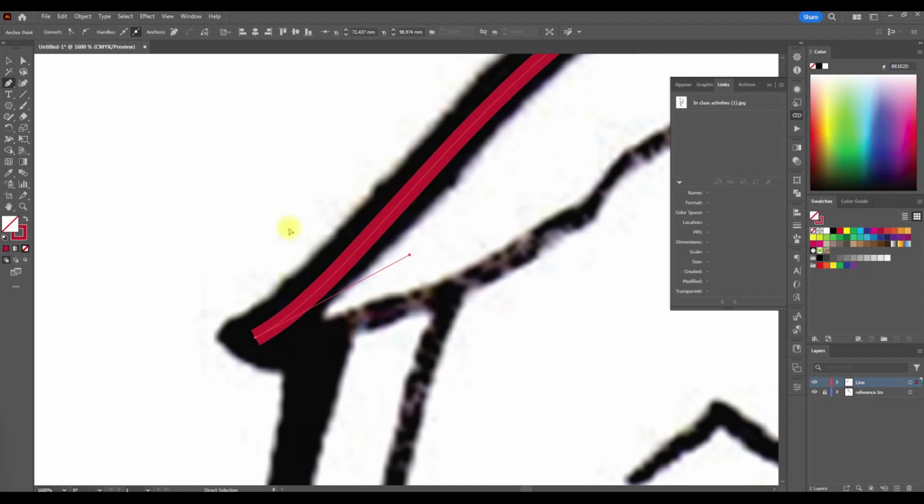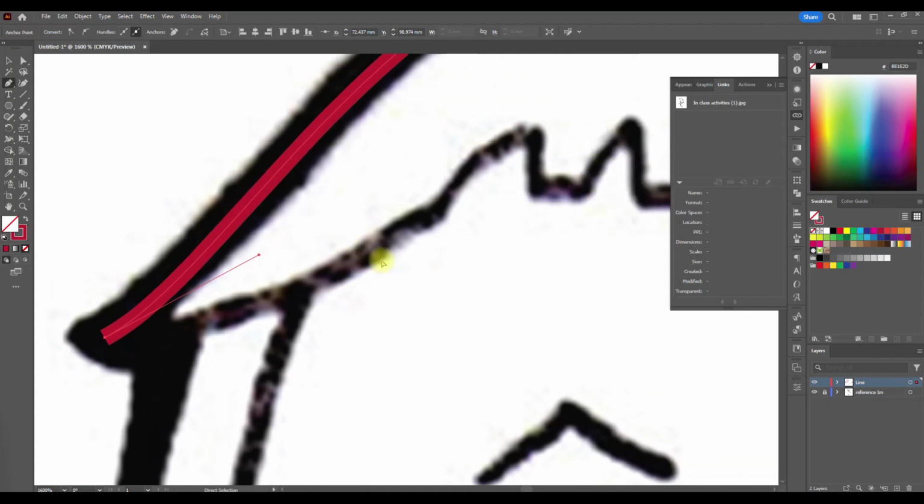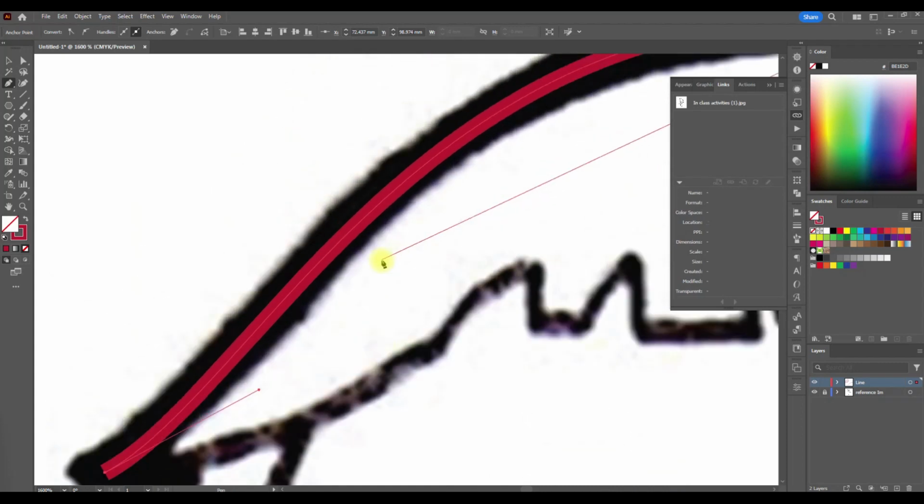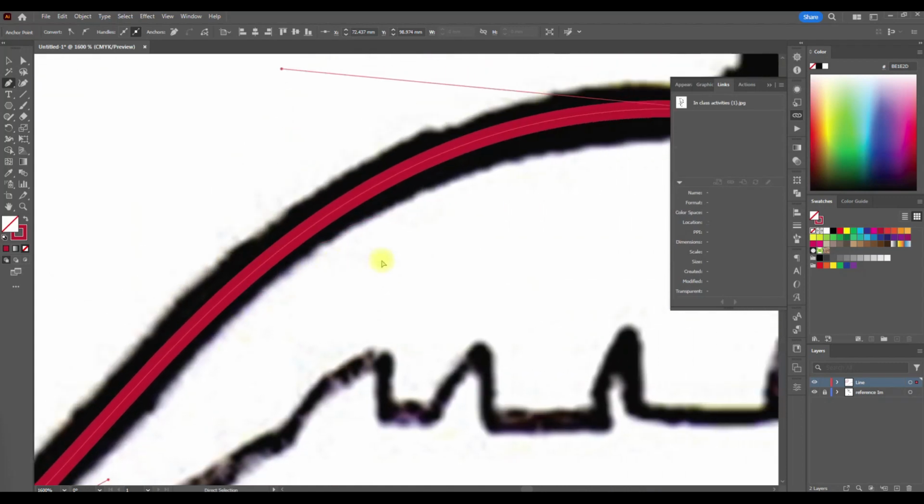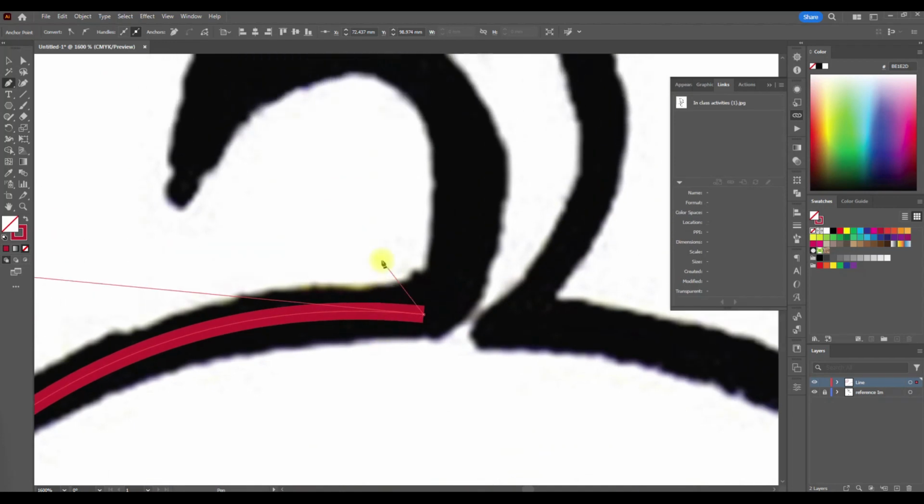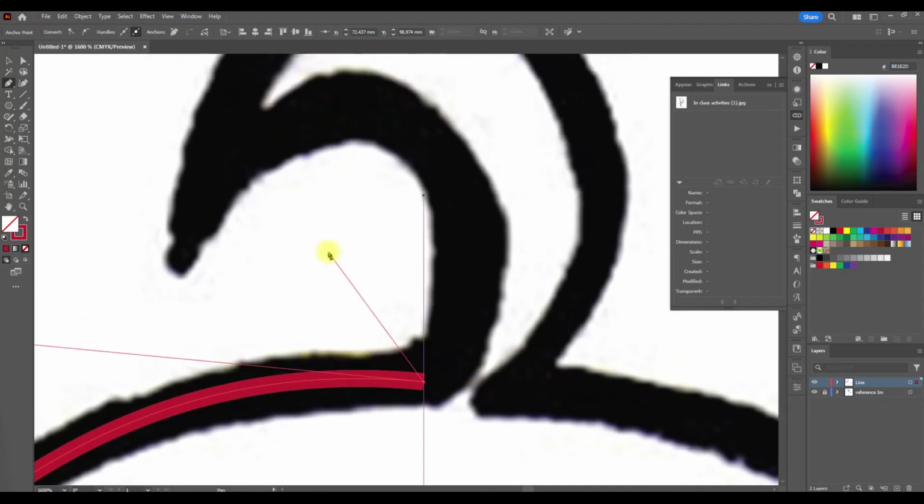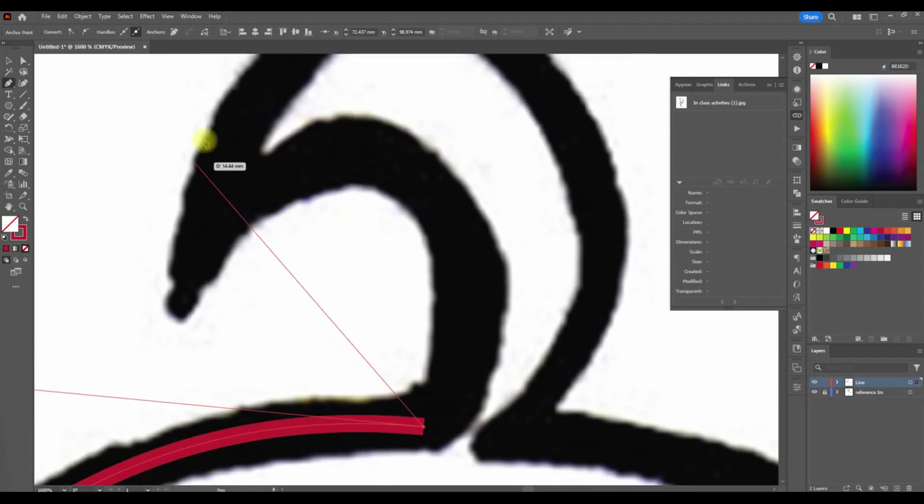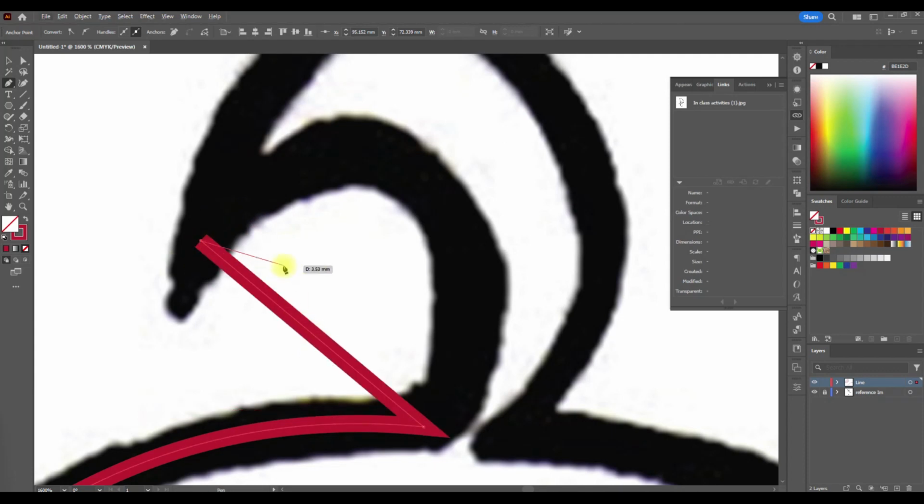So hold the control button, you change into direct selection tool, but then when you lift it up, it will change back into the pen tool. So that's how you shift between these two tools, pen tool and direct selection tool. It basically makes your work a lot faster. Okay, again,